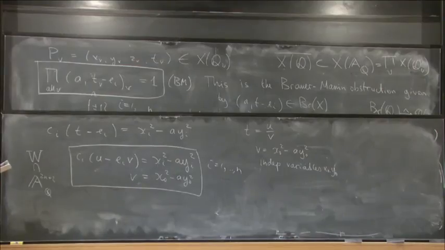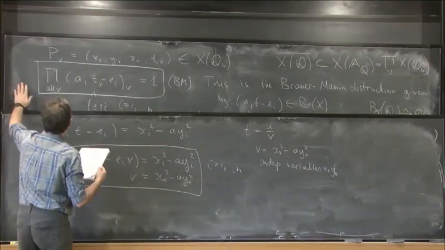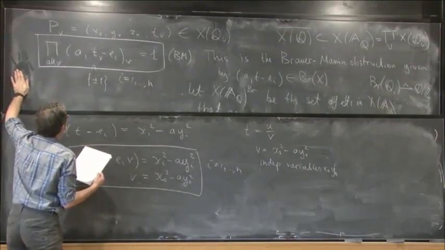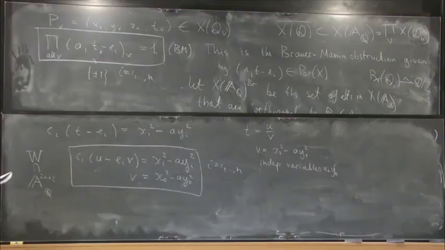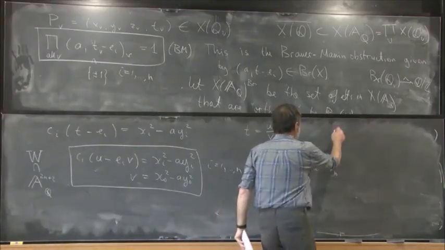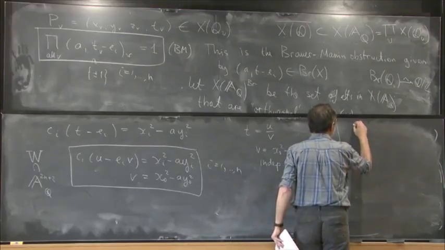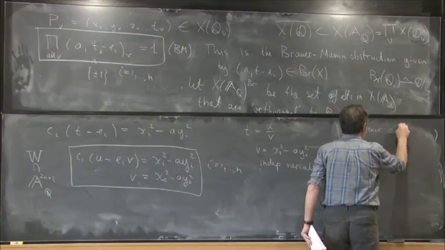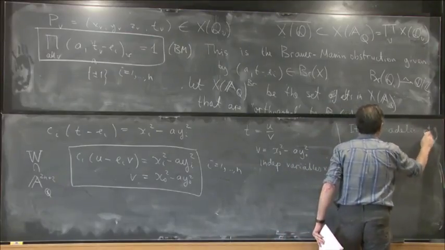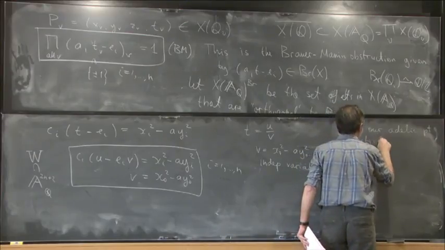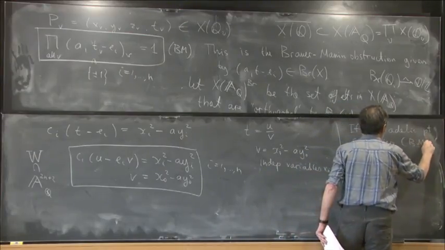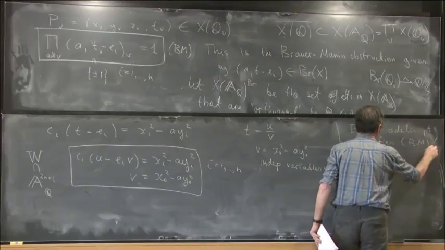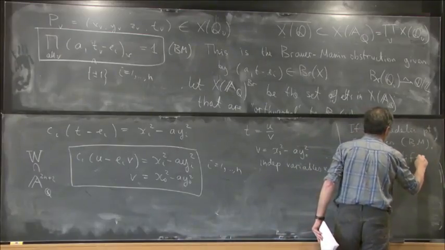And the upshot of this part of the discussion is that if our adelic point on X satisfies the Brauer-Manin condition, then it leads to